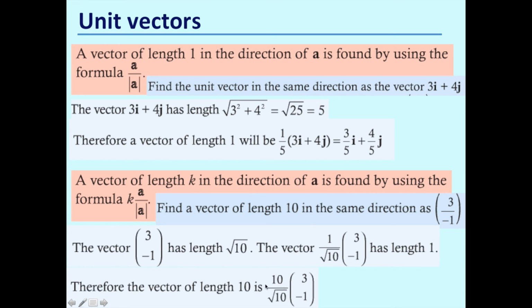So the vector will therefore be 10 over root 10 multiplied by 3, -1, and I can rationalize the denominator